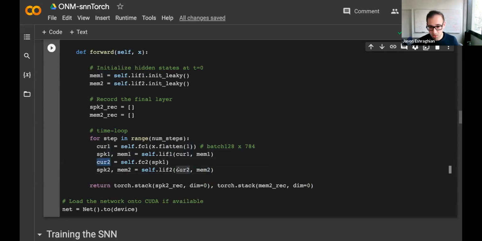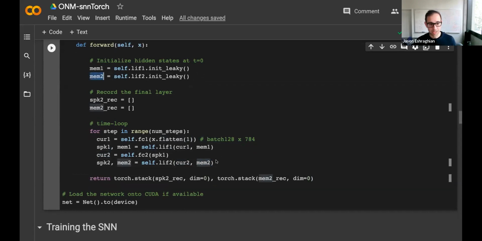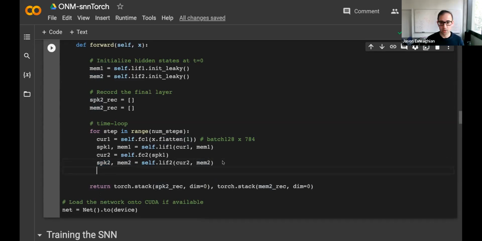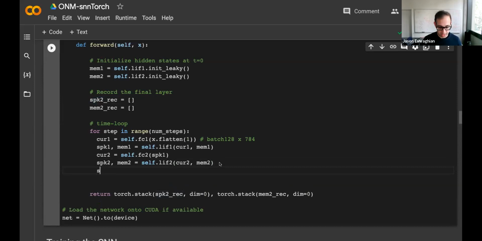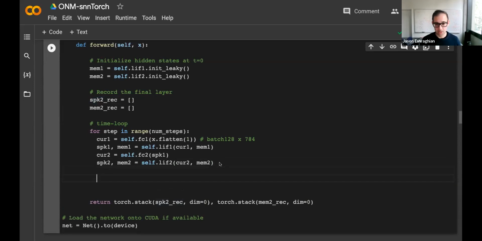Because we're passing current 2 here, we're now using this initialized value of the membrane potential. Then is that all? No, then we have to append. We want to keep track of these values that change over time, so we store them in this list. For every single loop, we store in the list.